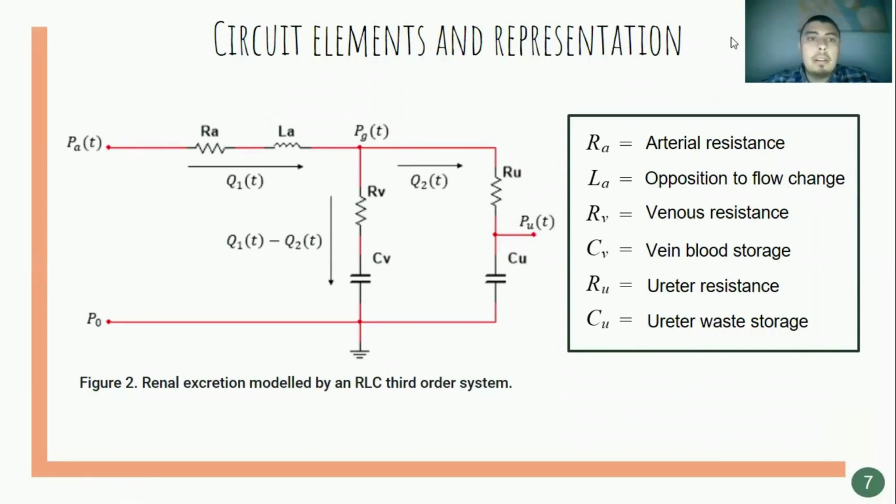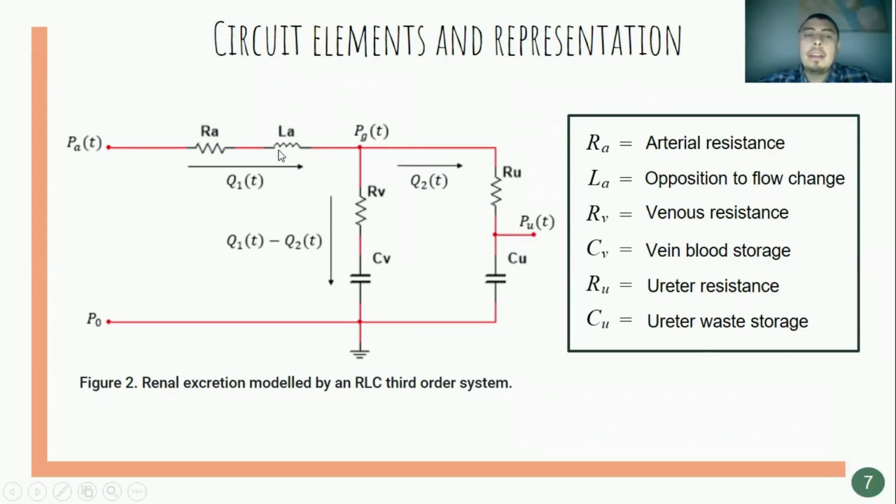Okay, now presenting the model of the circuit, its elements and its representation. We have the circuit on the left side, where PA is the entrance of the artery where the blood enters the system, and it represents our main branch where the blood flow must first pass through an arterial resistance, and after that